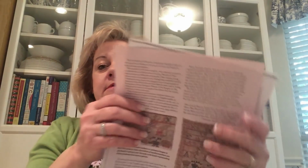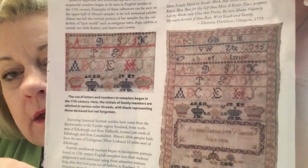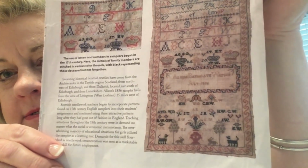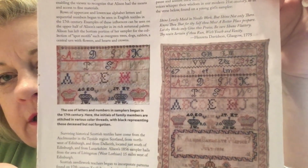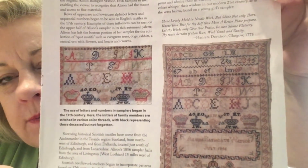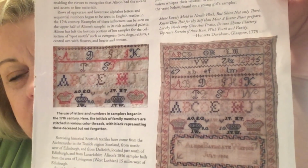And then this, I just loved this. This is the original sampler. Is that not amazing to see how they've reproduced that? I just love it. So I want to read it more carefully, and I will share more with you if I do decide to start this one at some point. I'm just thrilled. Mary, thank you so much. What a thoughtful